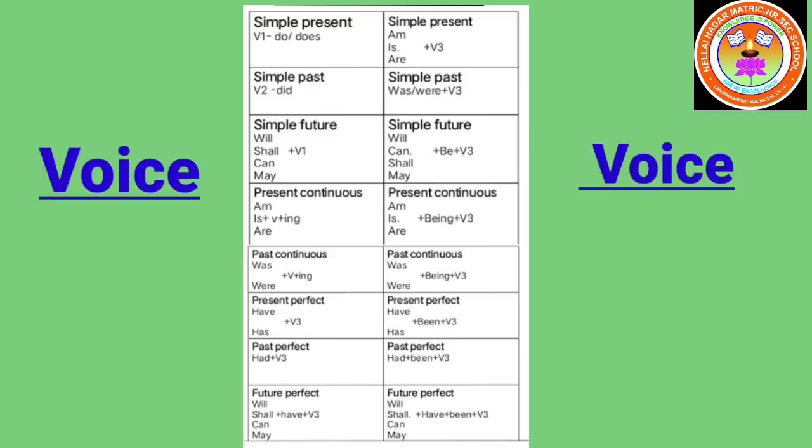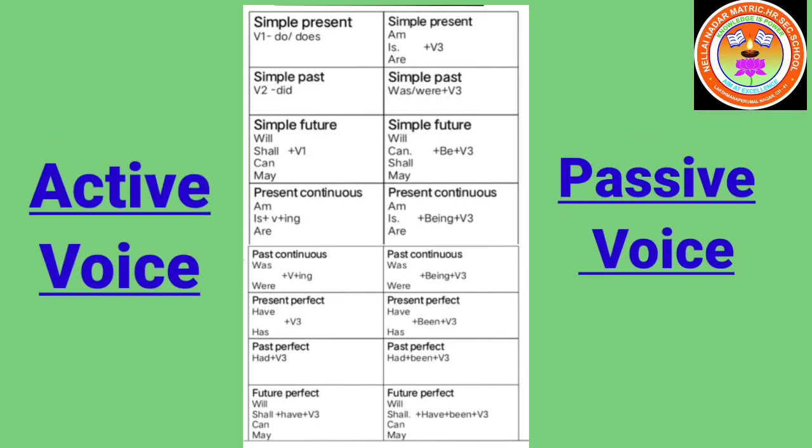Here, before going to active voice and passive voice, we have to focus on only one thing, that is the verb, because we are going to change the verb, not subject to object, object to subject. It is very normal, an ordinary one. So the verb form is very, very important. Let us have a look at the active voice verb form and the passive voice verb form.